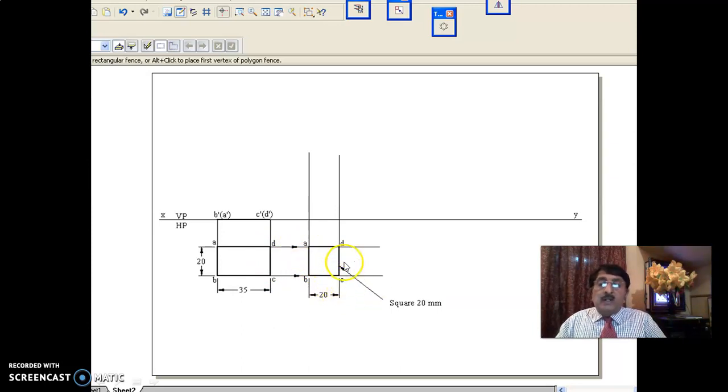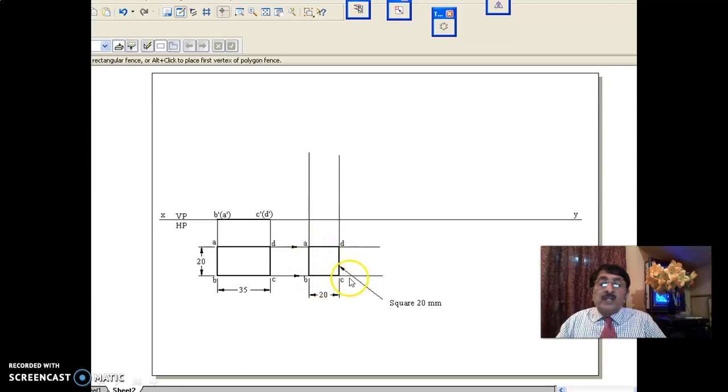That is why I have already written 20 square, because the problem says for one particular inclination it will be a square. I want a square, and in fact they have asked you what exactly is the inclination to HP so that this rectangular lamina becomes a square in the top view. Did you follow? That is why, first you draw the top view 20 by 35 in shorter edge position, get the front view. Now you lift CD. So when you lift CD, this 35 goes on reducing, and at one particular stage, it can become a square also. That is why, since it is given in the problem, it becomes a square.